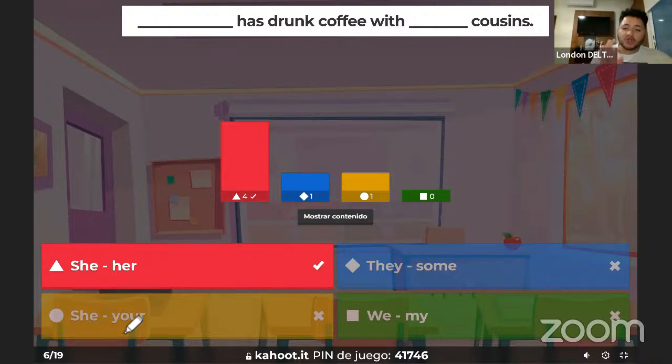So just try to pay attention when we use each auxiliary verb. Presten atención cuando se utiliza cada verbo auxiliar. Solo son dos, have and has. If you think about it, actually Spanish is more difficult, right? En el español es mucho más difícil porque tienes que decir yo he, tú has, ella ha, nosotros hemos, ellos han. Es una conjugación más difícil en español, but in English you only have two different auxiliary